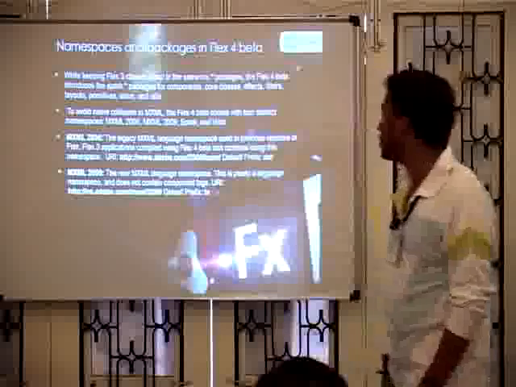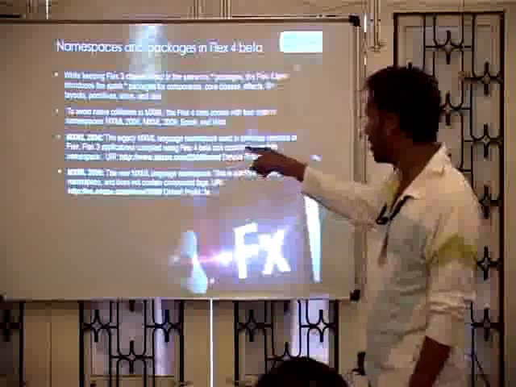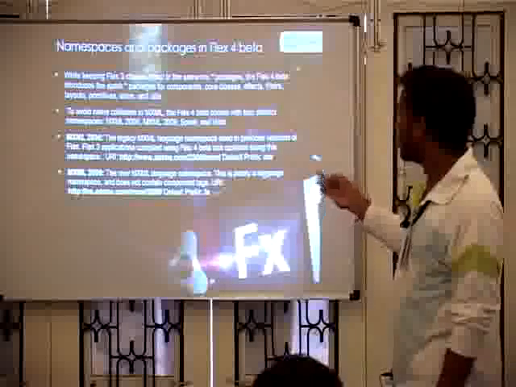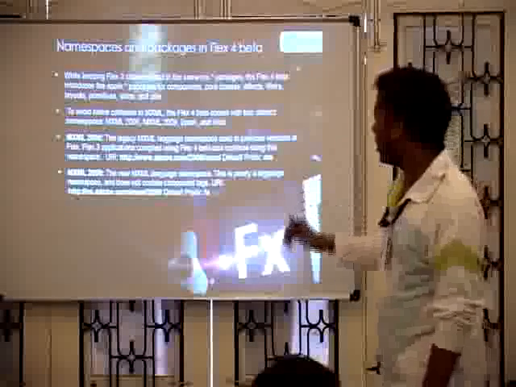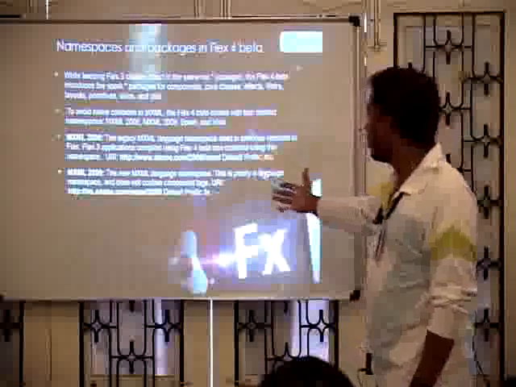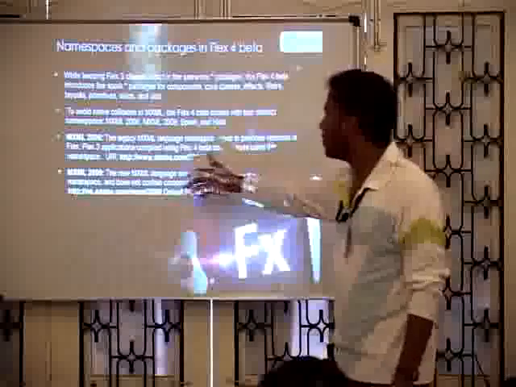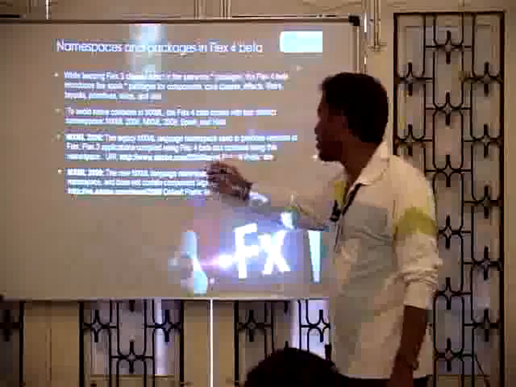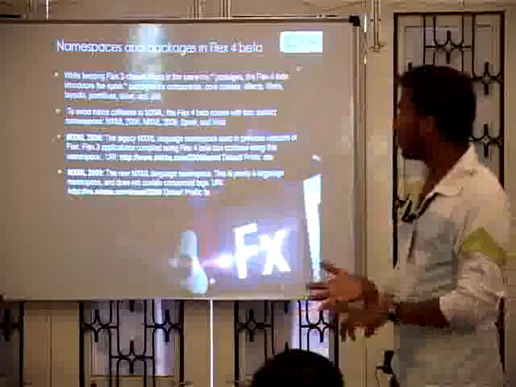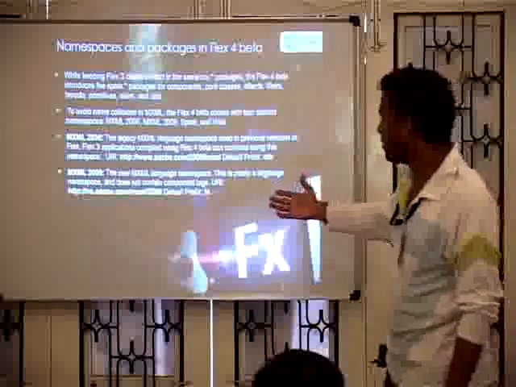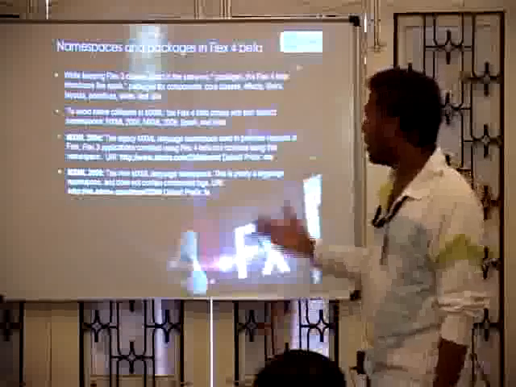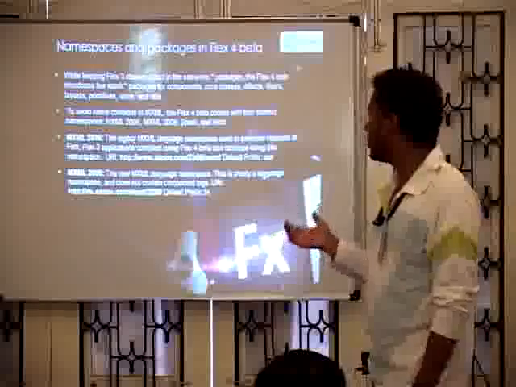The Flex4 beta comes with 4 distinct namespaces: MX 2006, the Flex3 namespace, and MXML 2009, and Spark and Halo. To use the MXML 2006 namespace, we use the prefix MX. The URI will look like this: adobe.com 2006 mxml. You can develop Flex3 in the namespace of 2006. In MXML 2009, the new MXML language namespace